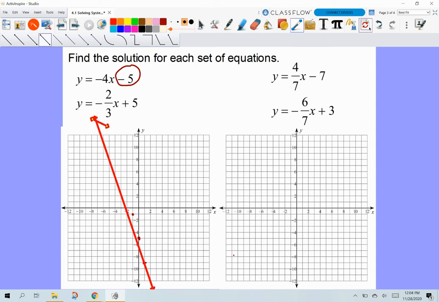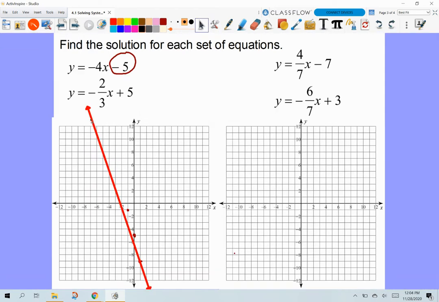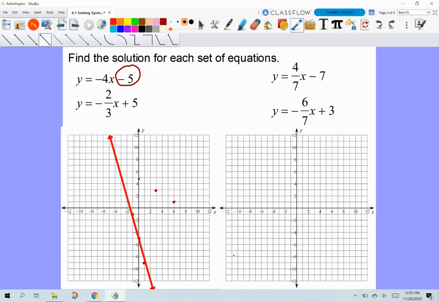My mouse isn't liking me here. There we go. Okay, so that's my first equation graphed. When I do the second one, starting at positive 5, and then I'm going to count down 2 units, 3 to the right, down 2 units, 3 to the right. And when I graph that line,